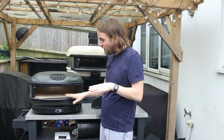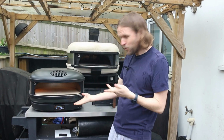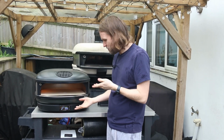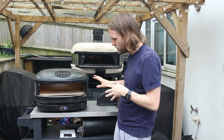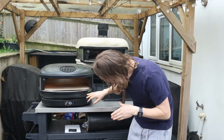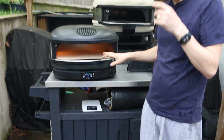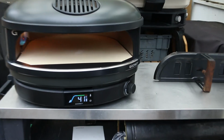Like I say, if you're after a pizza oven, this is a fantastic oven, £700. I mean, look at it. The design of it is absolutely amazing. It's a gorgeous looking thing in this soft black colour. It's huge. It's really deep. You're still not going to be able to do 2 12-inch pizzas in it, I don't think, because